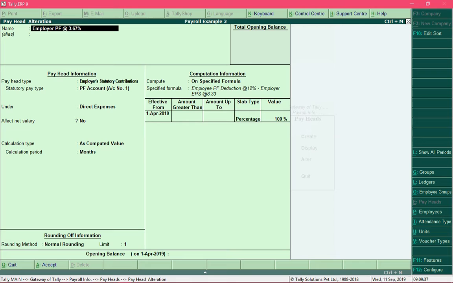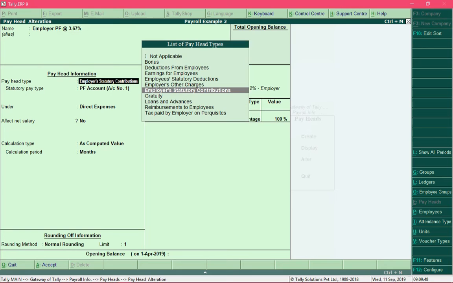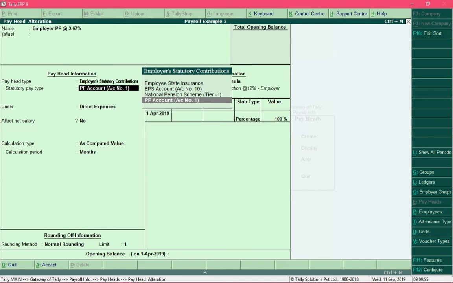Alright, now let's talk about creation of payhead for employer contribution towards PF at 3.67%. This payhead is employer statutory contribution, and we report PF contribution in account number 1.